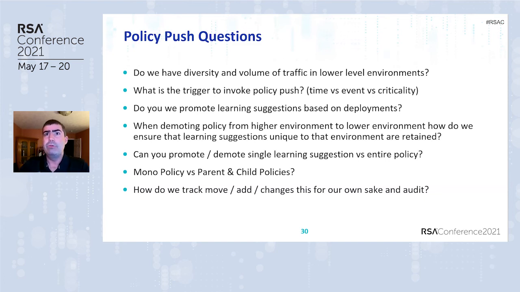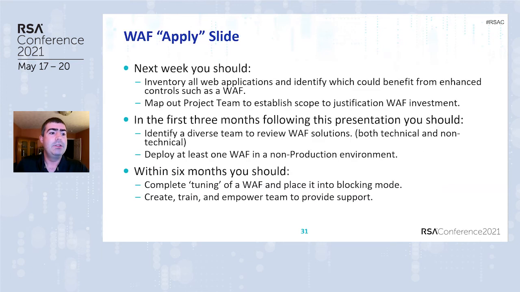However, we quickly found out that there were certain parts of our web application that acted really unique to just that part. And we felt comfortable unblocking certain functionality to just that part, but not the entire website. That would just be a little too much risk. So we created a microservice, or it might be called a parent/child policy relationship, but that really fixed up a lot of things. And finally, how do we track moves, adds, changes, not only to help us in case we need to troubleshoot, but for the sake that internal audit comes to us?